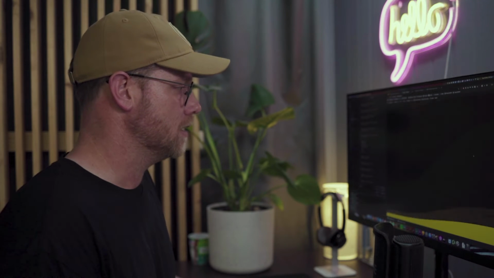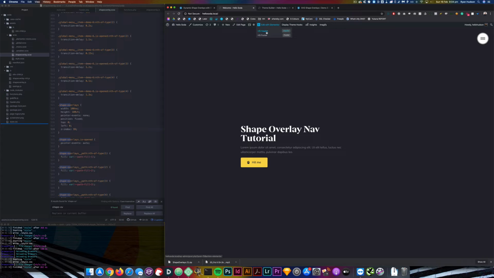And there we go. So now we've got the example working in our theme exactly the way it was in the tutorial, but what we want to do is obviously replace this menu with our menu and maybe throw the hamburger up into our Elementor header, and then use an Elementor template as the menu that shows when the menu is open. So firstly, we're going to go to our header,